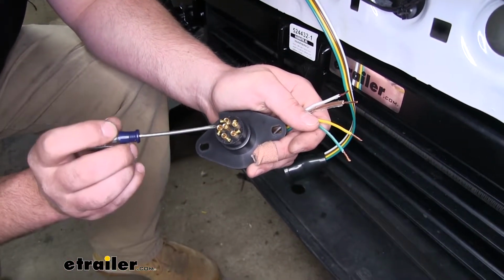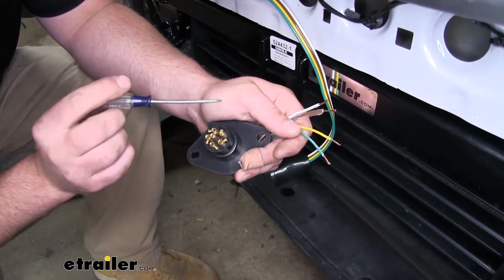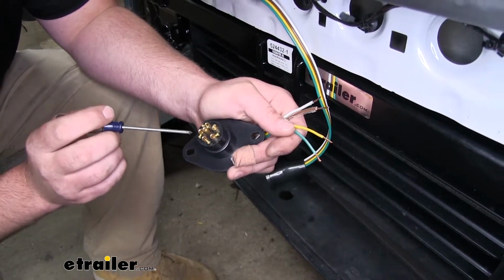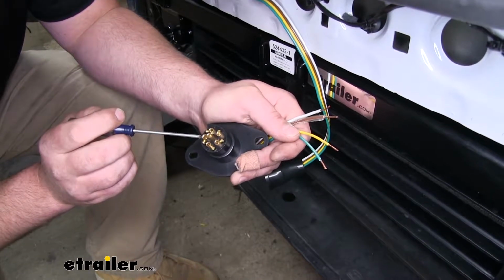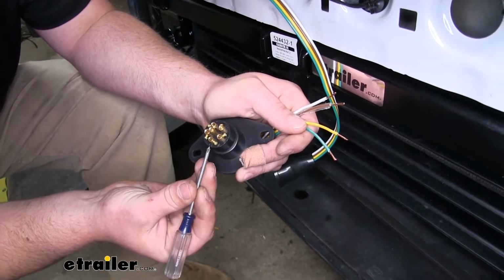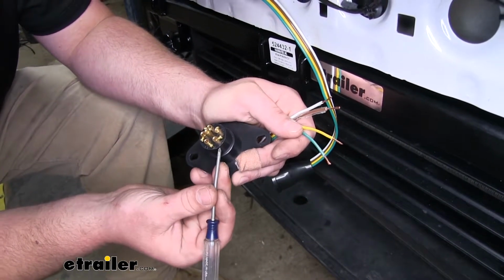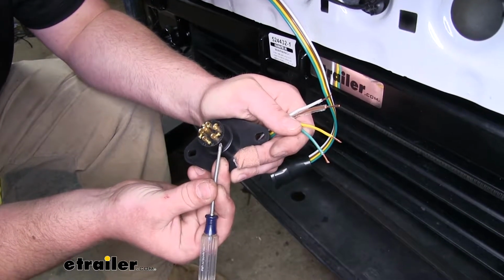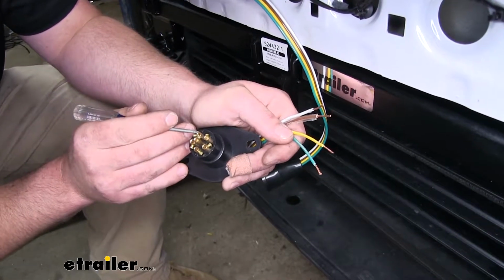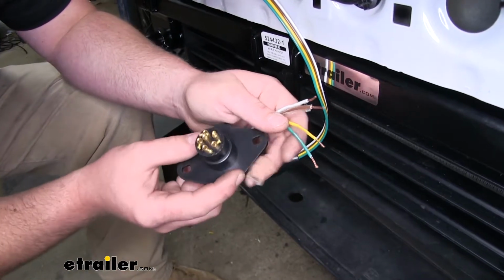And each post will be labeled. And we're going to put the wires into the corresponding posts. So the one labeled GD will be ground, so we'll put our white wire into that. LT will be left turn, and we'll put our yellow wire into that. RT is right turn, and our green wire will go there. And up here, TM will be taillights, and our brown wire will go there. So to hook those up,